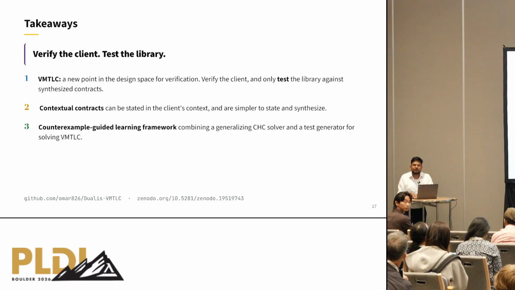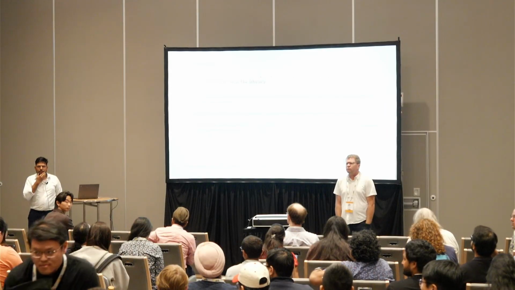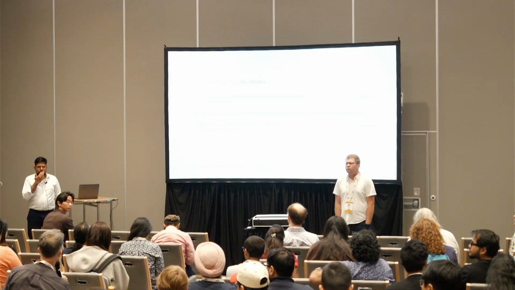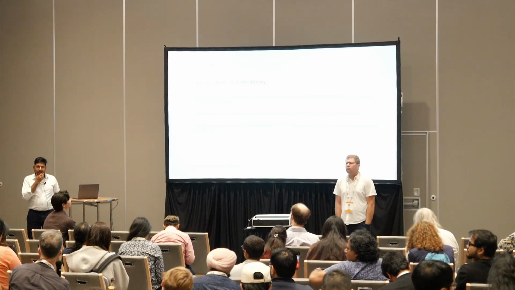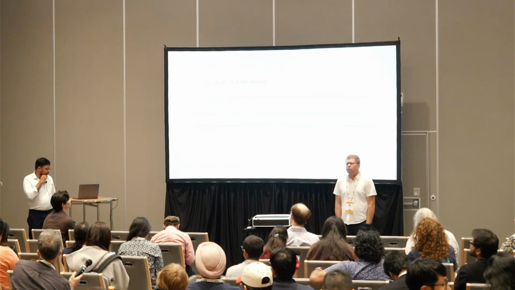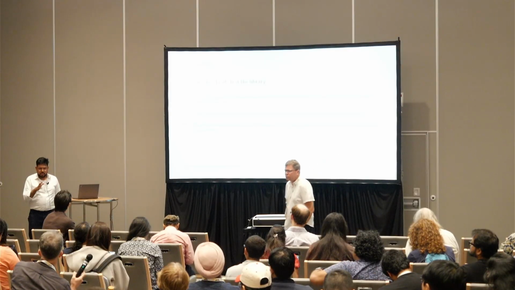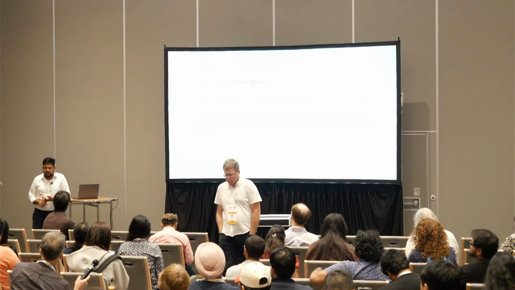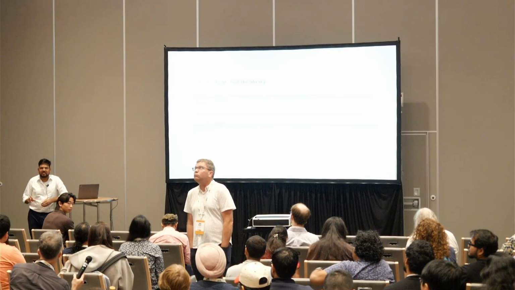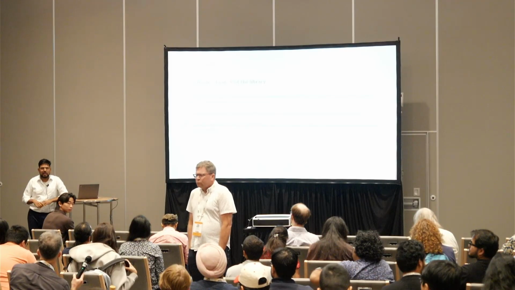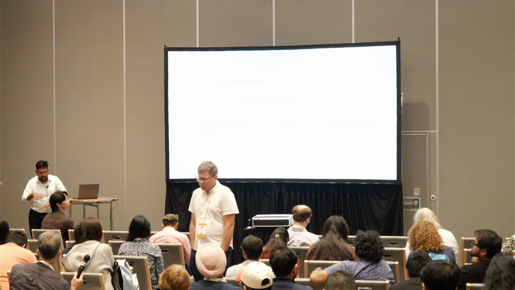Really interesting talk. I'm just wondering what you think about the potential risk of contextual contracts relying on implementation details that are not totally stable and are not the encapsulated object, but maybe like a hash set would satisfy this, but a linked hash set wouldn't. I see. Okay, let me try and repeat your question to understand. What do I think about the possibility that contextual contracts might end up relying on implementation details as opposed to the interface itself, where you have one kind of hash set versus another kind of hash set? Is that the question?